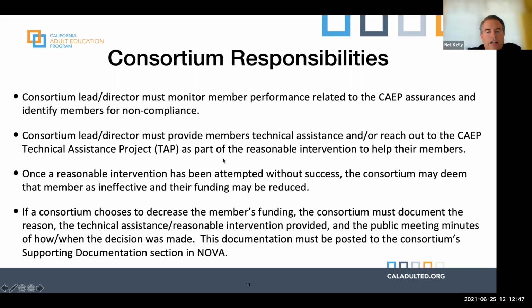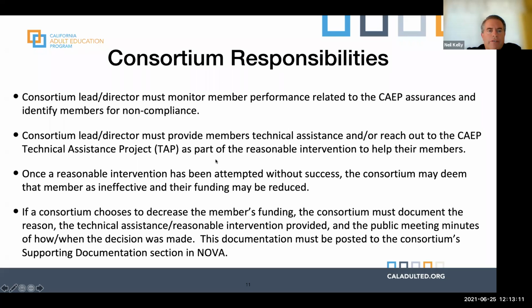You post all this documentation in NOVA, in the document box. It's called the supporting documentation section in NOVA. That allows for a record or an audit trail. If anybody, a few years later, says, why did you reduce this member's funding? You have that documentation there in the NOVA system.